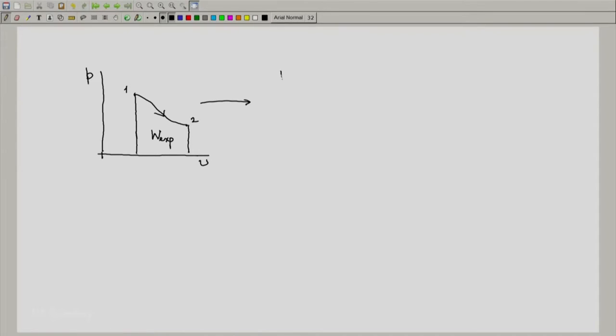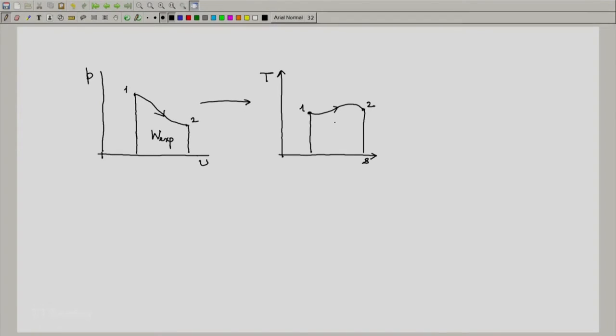If we replot this diagram on the TS plane, and maybe the depiction is something like this: corresponding states and corresponding process. It is a quasi-static process, so it will be a continuous line. This is the area under this curve. What does this area represent? And we came to the conclusion that this area, which is the integral of TdS, and the integral can be found